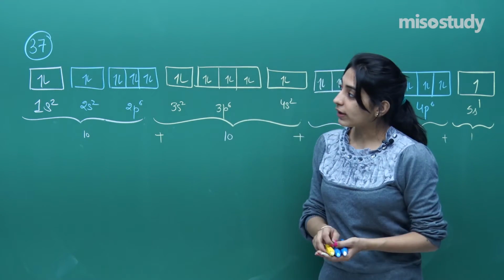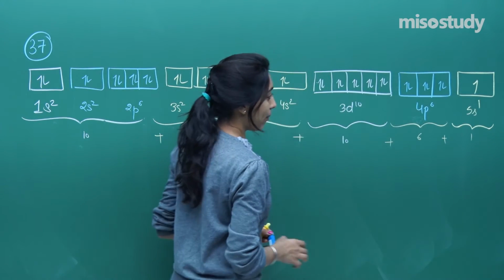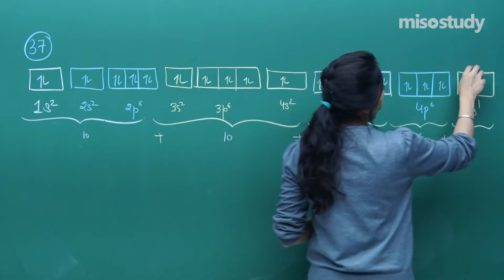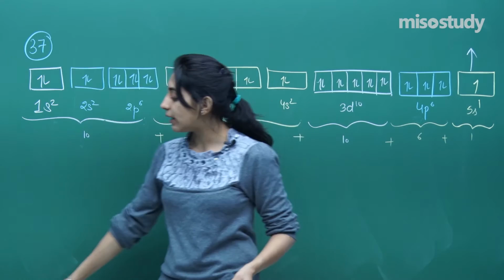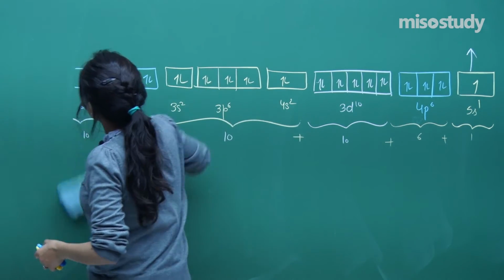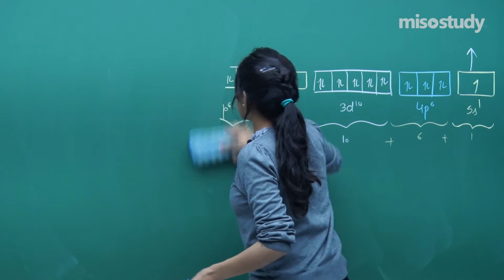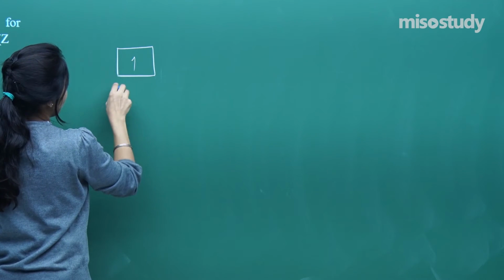Okay, now he is saying you need to tell the correct value of all the 4 quantum numbers, and my main electron is 5s. This is the valence electron. So we need to tell the quantum numbers for this 5s1 orbital. Let me remove all that because we finally need only the 5s1 orbital.